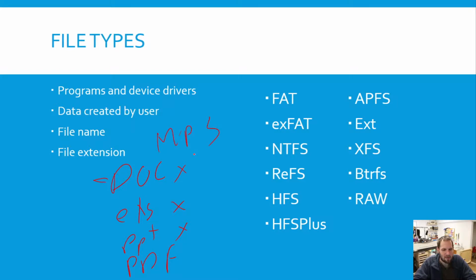There's a lot of options out there when it comes to different types of file extensions. But all a file extension does, the whole point of the file extension, is to tell the computer what program to open. It doesn't encode the information. It doesn't protect the information. All it tells us is what